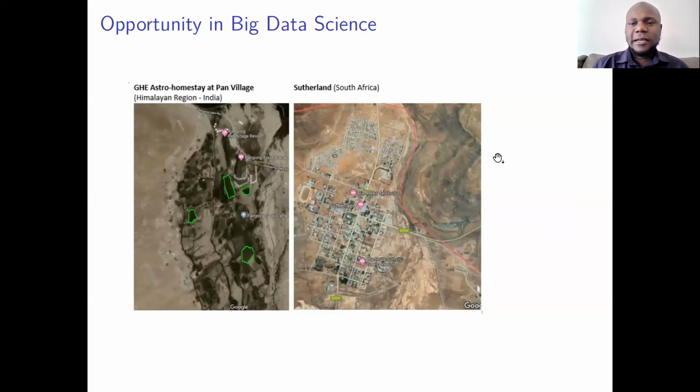If you look at the global Himalayan expedition example I was just talking about on the left here, one could use some satellite imagery. Say, for example, as we have more tourists coming to this area to stargaze, to stay in these AstroStays, this might induce an increased demand for food because these tourists need to eat. So these farmers might decide to put more land under cultivation, and we can see that using satellite images.